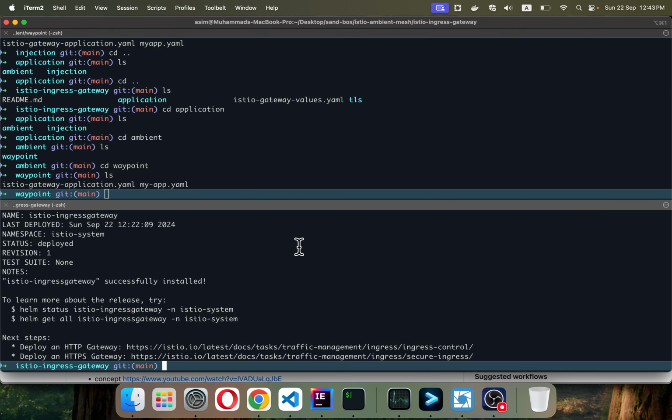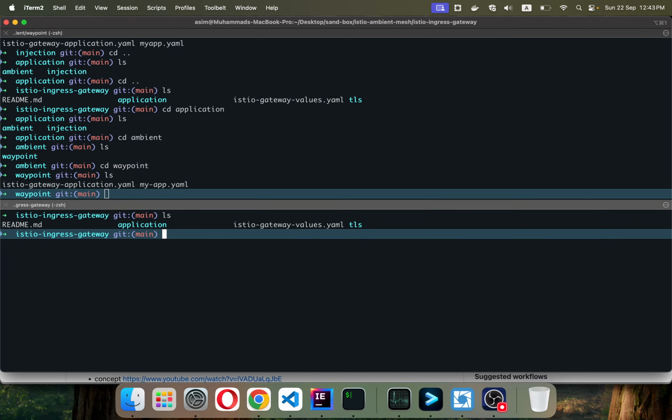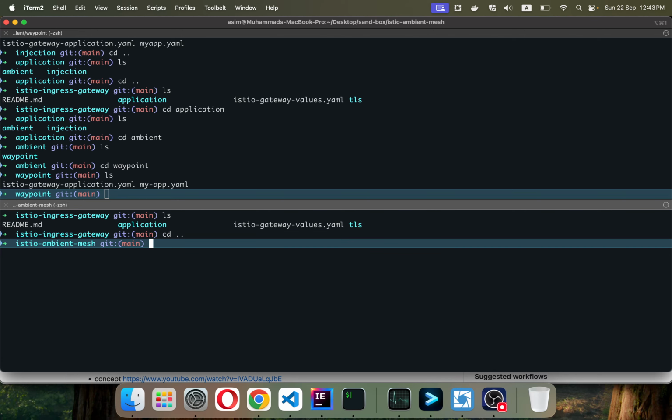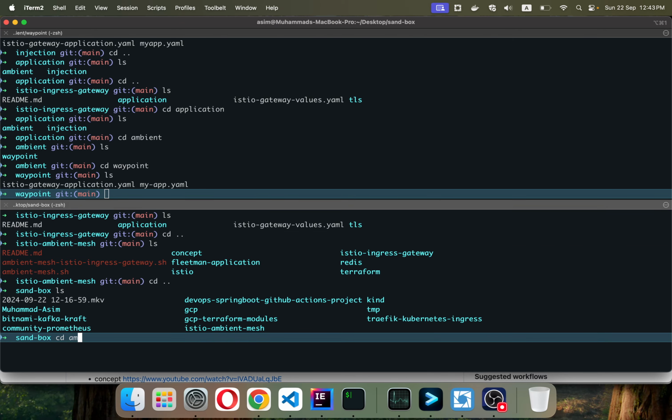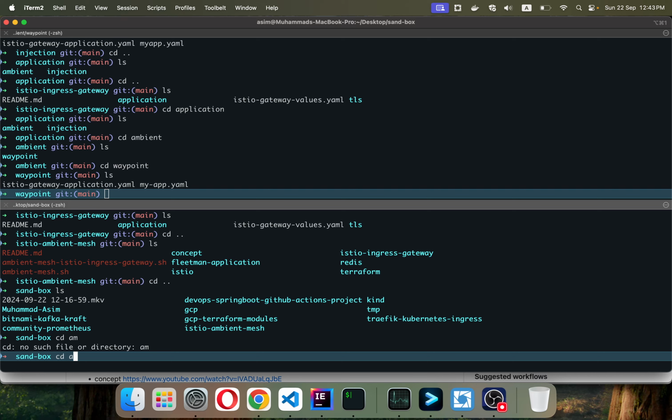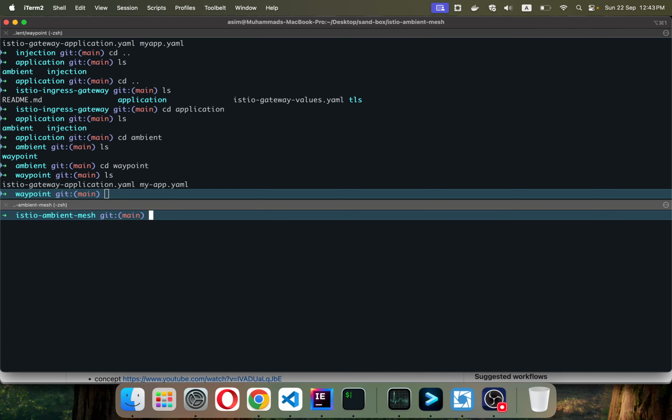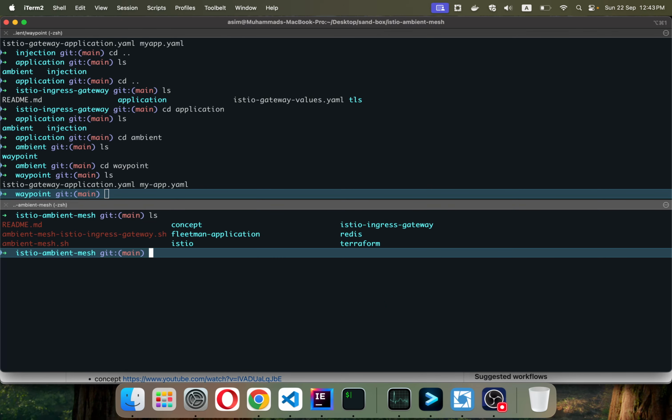So let me navigate back to the directory and cd into ambient, right? So if I do ls here, guys, this is the script which I'm going to run. So I'm going to simply copy this,